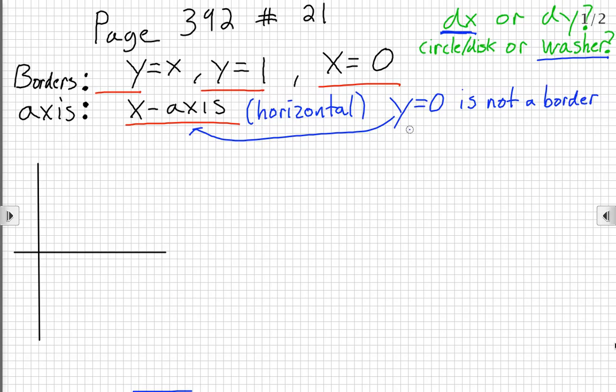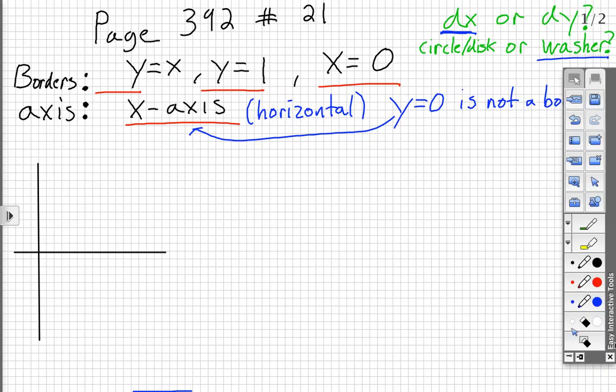In this case, our axis is y equals 0. Y equals 0 is none of our borders, so washer. Dx problem because it's horizontal. Washer problem because the axis isn't a border. We'll do slice, approximate, integrate in just a moment,